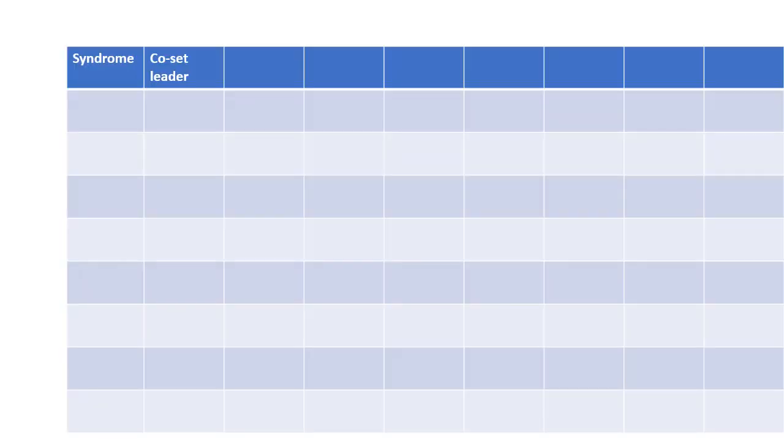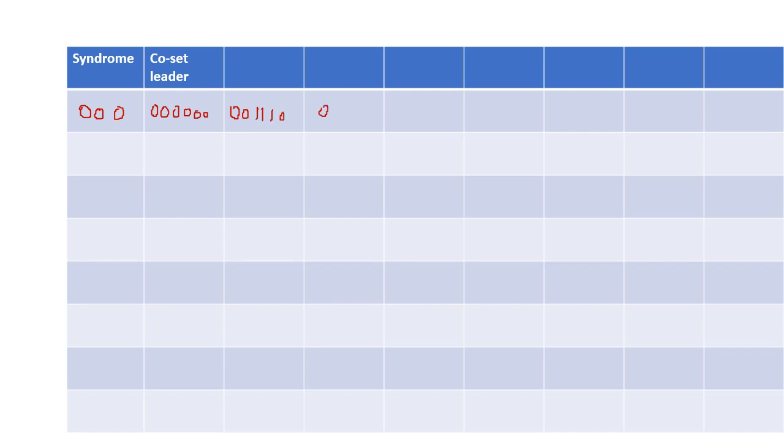Now we'll start filling this standard array table. First, the coset leader or all possible code vectors will be filled along this particular row with all 0 as the syndrome. So 0 0 0 will be the first syndrome and the next elements will be all possible code vectors. We have the first valid vector as 0 0 0 0 0 0. The next possible code vector is 0 0 1 1 1 0.